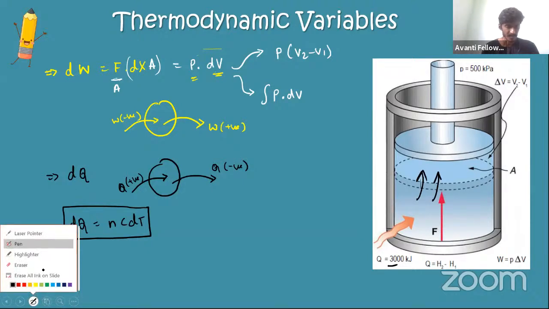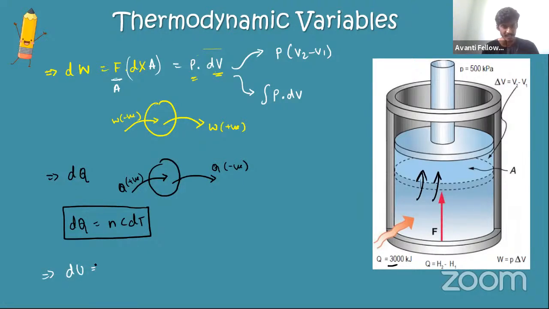And lastly, we are going to discuss the last parameter called internal energy, dU. So this is work done, this is heat, this is internal energy. What is internal energy? The total energy of the gas molecules. The gas molecules will be moving, colliding, they have temperature, kinetic energy, potential energy, molecular energy. All of that energy together is called internal energy of the gas molecules. And it also has a very similar formula, just like Q equal to n C dT. It is equal to n C dT.